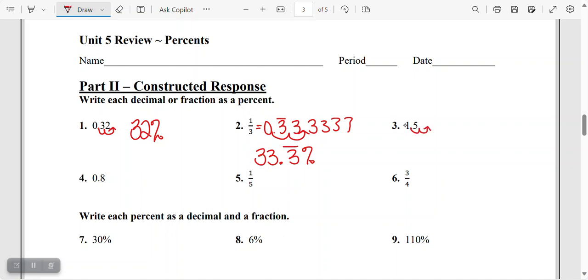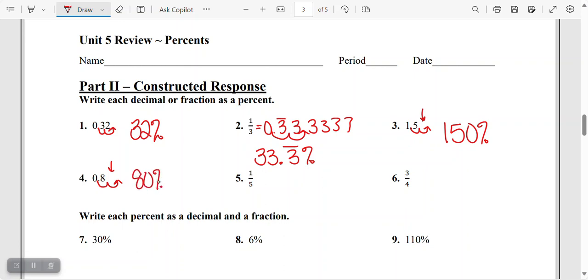Question 3, we're going to move the decimal 2 times to the right, so that is 150%. Again, remember that decimals or numbers bigger than 1 are percents that are greater than 100. Question 4, also moving it 2 times to the right. Remember also we fill in these spots here that don't have digits with zeros, so we get